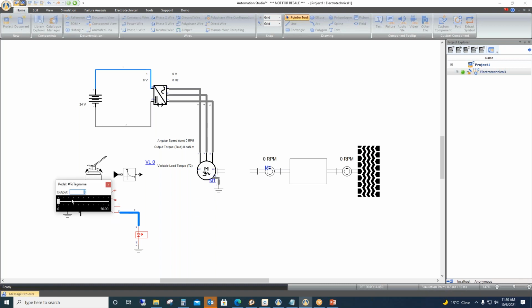and from this pedal, now when I'm varying the speed, the frequency, this is the speed that I'm getting from my motor. And as I have added a gearbox here, it is dividing it. I have added a ratio of 0.2 in the gearbox. So accordingly, the speed is reduced by the gearbox and it is given to the wheels.